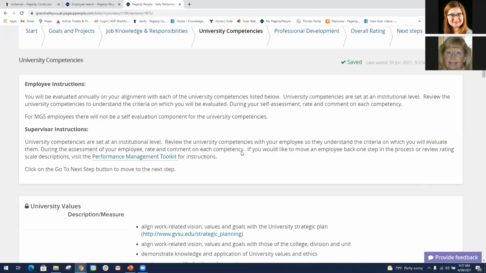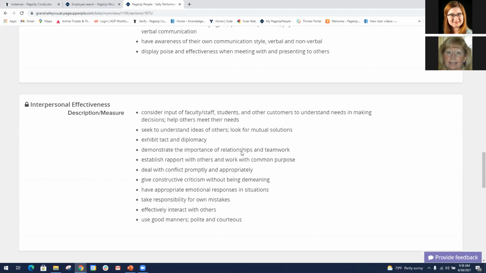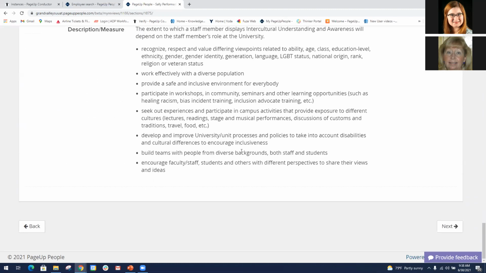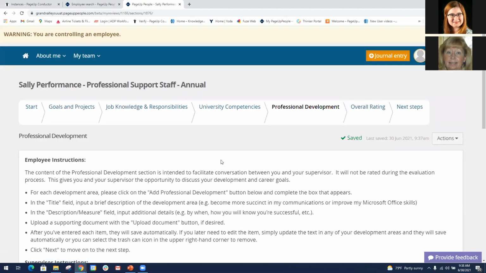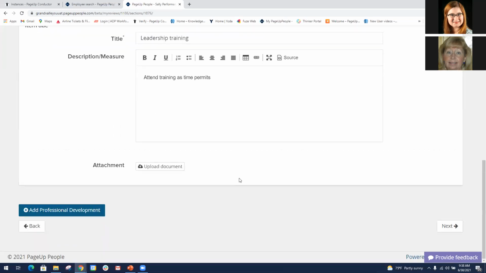University competencies, again, for you, everything has already been added, so you don't need to worry about entering. Again, just more of an awareness item for you, but you can see what you will be rating the individuals on. Professional development, the same thing. If you're happy with what they've put in there for professional development, you have the ability to add an additional one should you see the need, but if not,